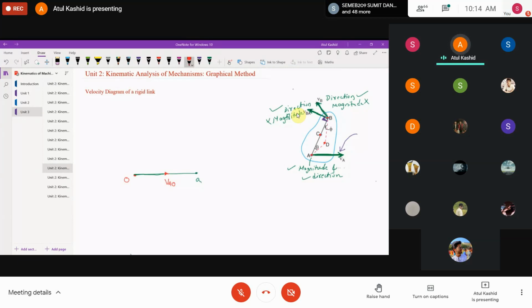We will make use of the point O again, because the velocity of B we have shown over here, and this is the absolute velocity. When I talk about the absolute velocity, it should always start from the point O. So VA with respect to O is nothing but the absolute velocity, and now the VB that we are going to draw. You can see the direction over here; you have to draw in the same direction, similar to what has been shown in the diagram. So I will draw it.